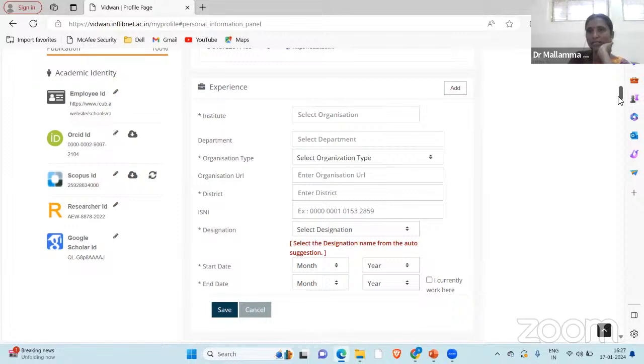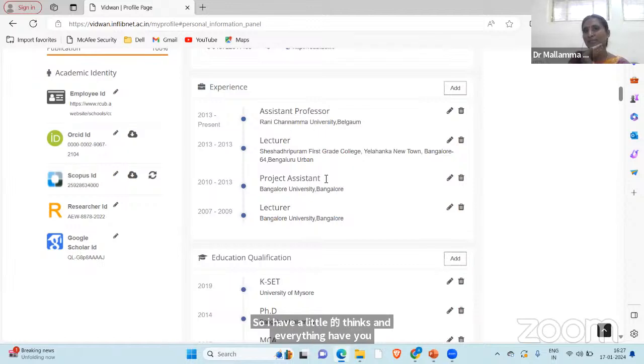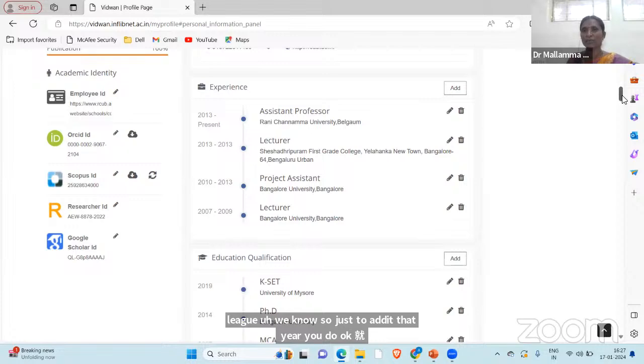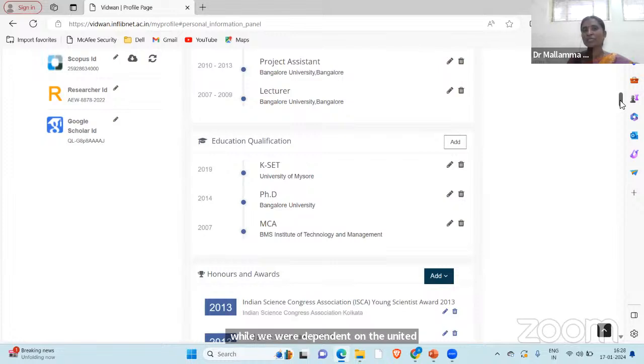So I have added here the things, and at present I will cancel because I have added all the details, that is from when, where. Don't worry, the order will be taken automatically. So you just add with the year, it will automatically sort. You can add masters first, you can add later, whichever way, but depending upon the year, it will sort it. Okay, next educational qualification. Add the highest qualification at present.